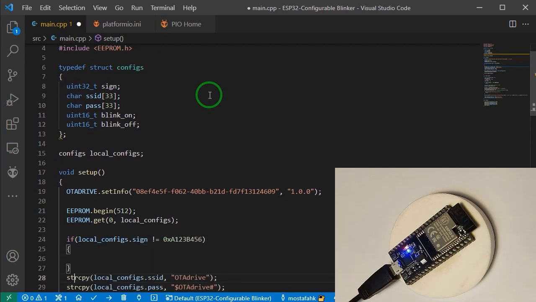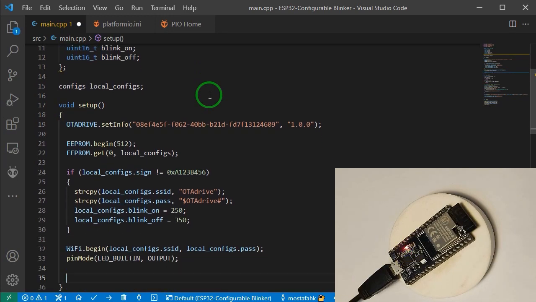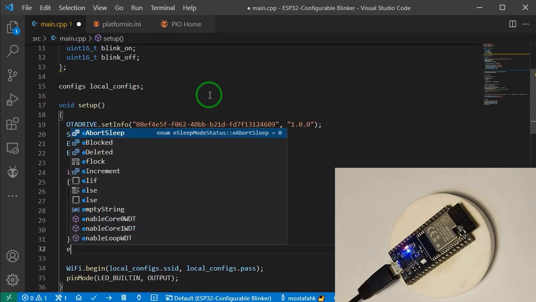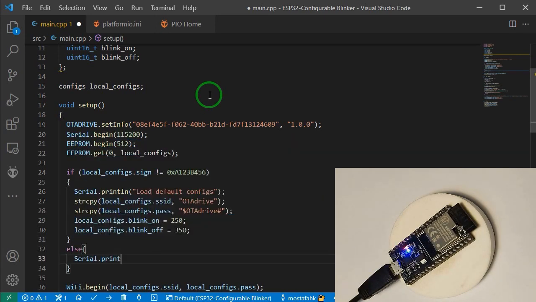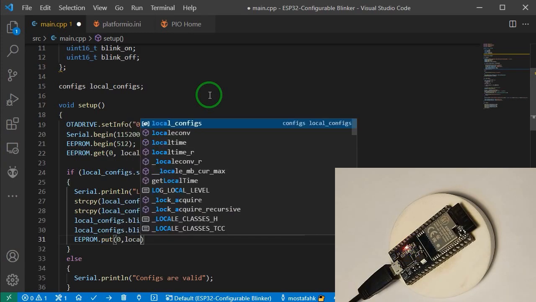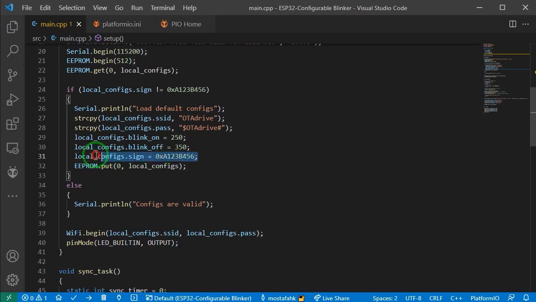If it wasn't equal to my sign, I'll load default values into the config object. By the way, I'll save the default values and the sign value into the EEPROM too.